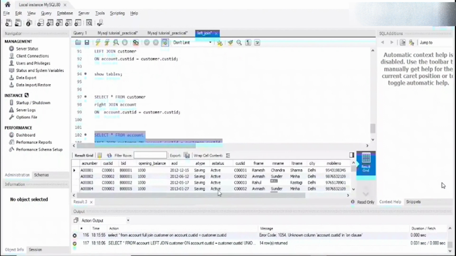Yes, you can see it has worked and we got all the records. If the customer does not have an account, we still get the record, and if the customer has an account, we also get the record. Basically, the full outer join concept is that you take all the data from the two tables, irrespective of any condition or matching. This is what the full outer join concept stands for. Now we will go to the presentation again and look at what other join concepts we have in our